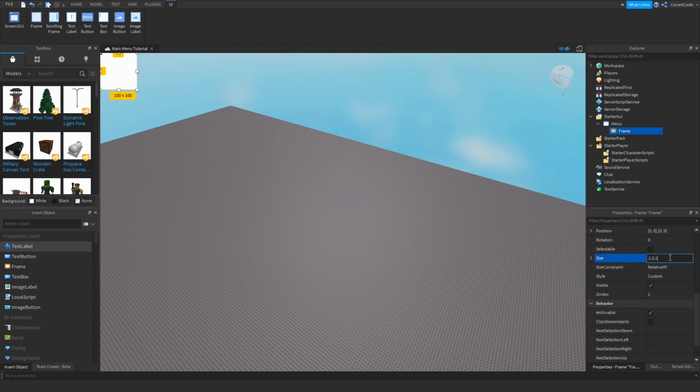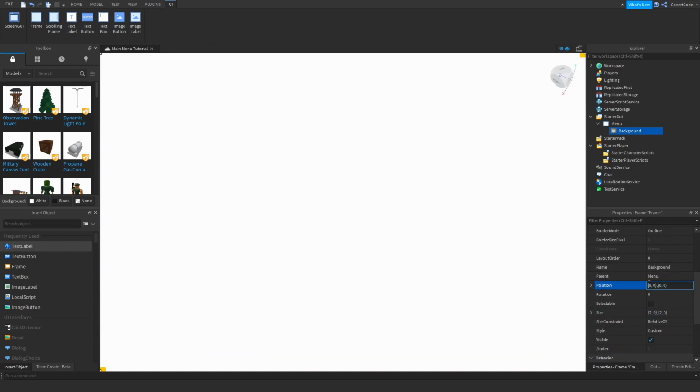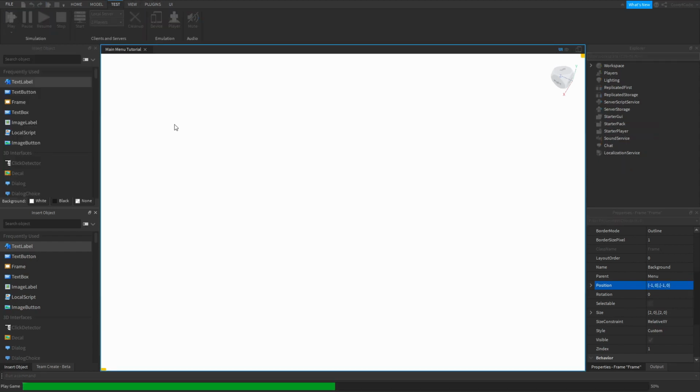So change it to scale again. Call this background. Background transparency, maybe make it... actually, no. Leave it like that. Now the size, we want this to be 2, 0, 2, 0. The reason is because I'll show you in a second. -1 and -1. So whenever we click play,